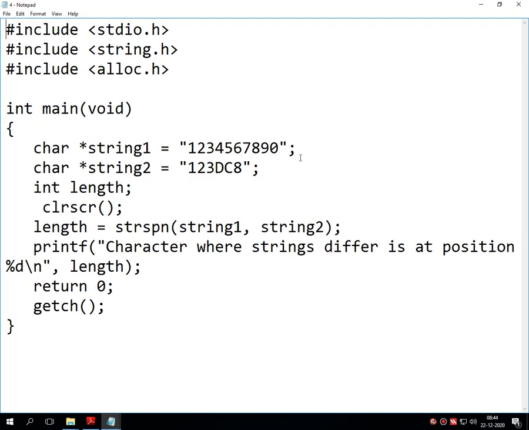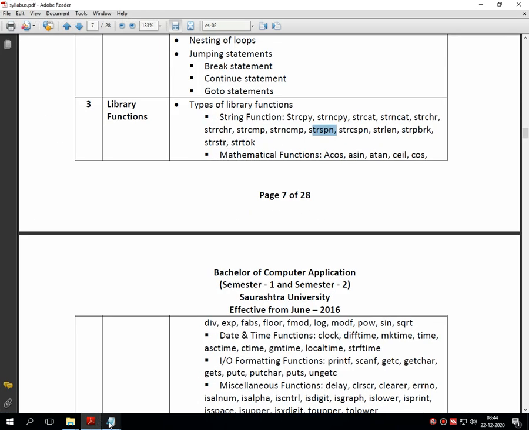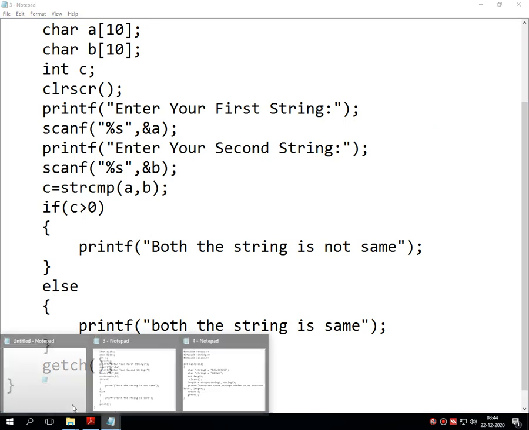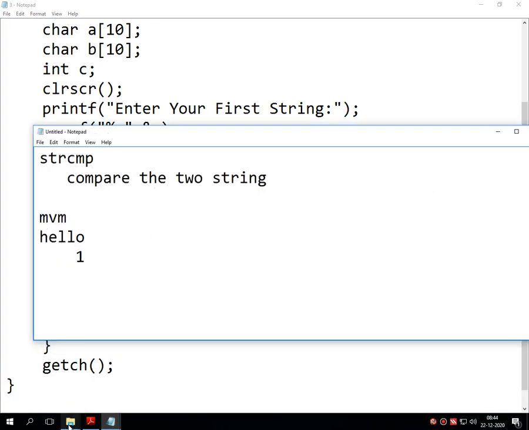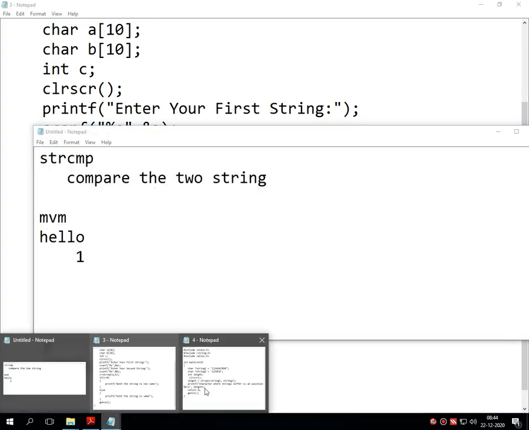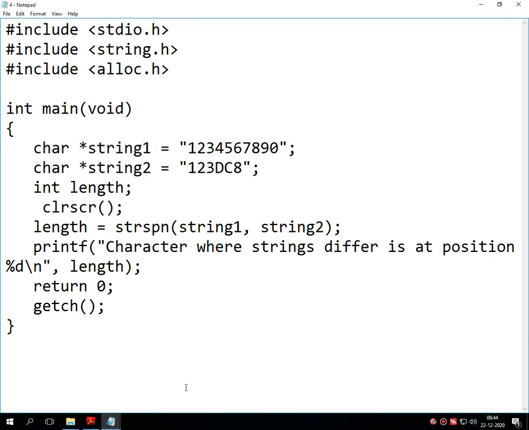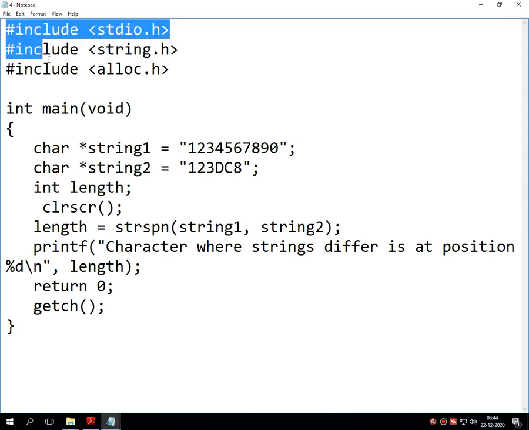First of all, write down the definition for this particular program. Write a program to demonstrate the use of STR-SPN function. Right? So what I have done is,